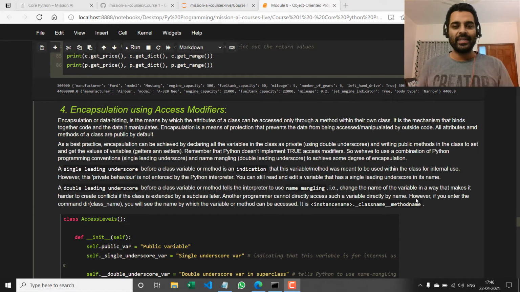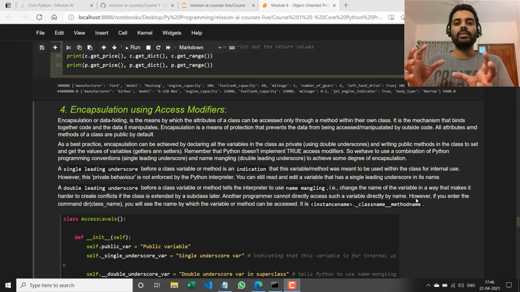Hello and welcome back. We're now going to continue our exploration of object-oriented programming, right? So in the previous lesson, we spoke about classes and objects and also checked out how to implement inheritance and polymorphism, right? So inheritance is basically the concept that the child inherits the attributes of the parent.